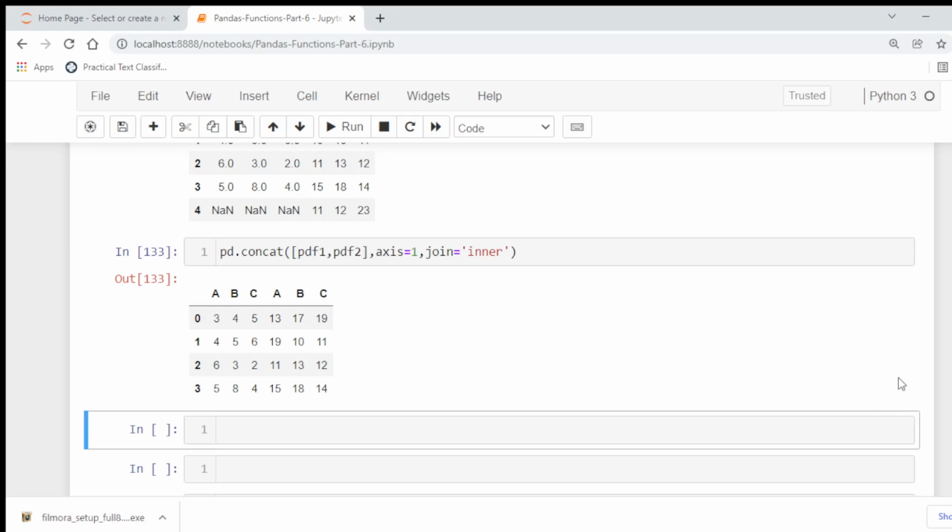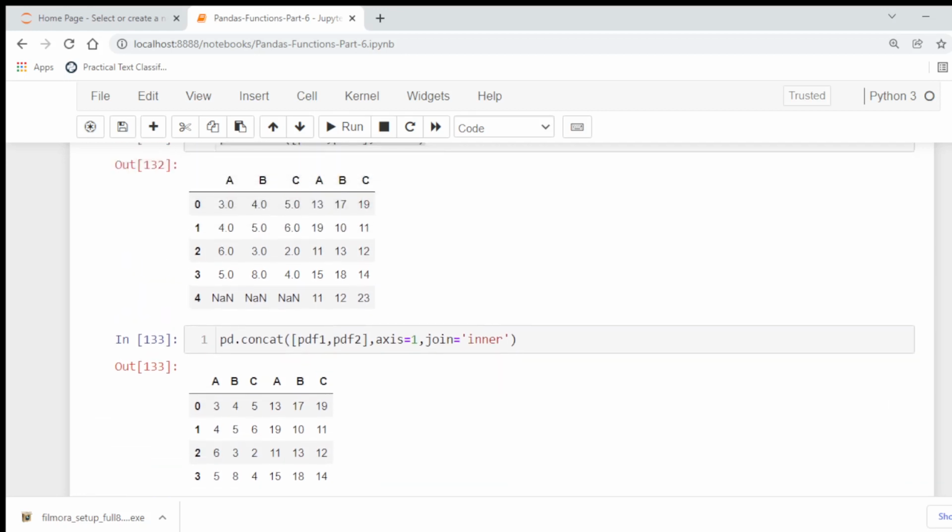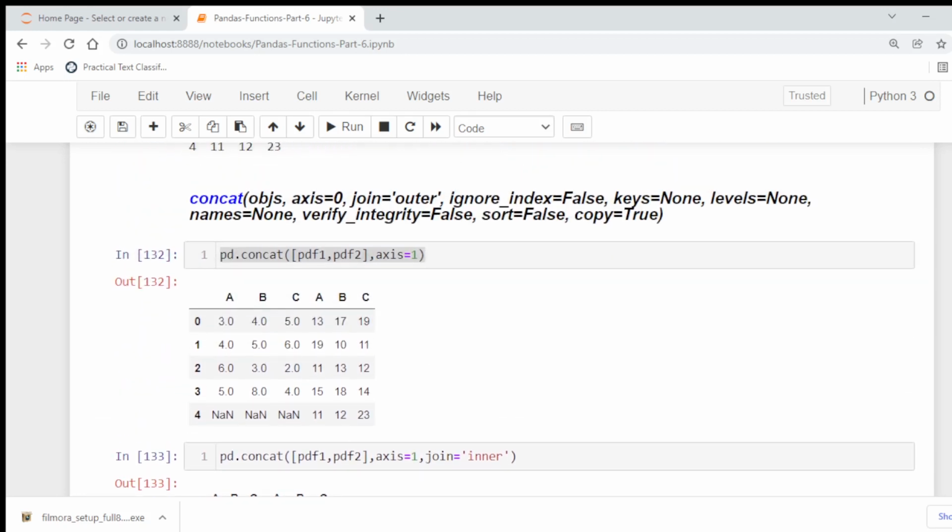So in this way, be careful when using join inner or outer. Outer preserves the data, while inner eliminates the data that does not have a match in the other data sets. For example, there is no match for the data set 2 rows in data set 1.